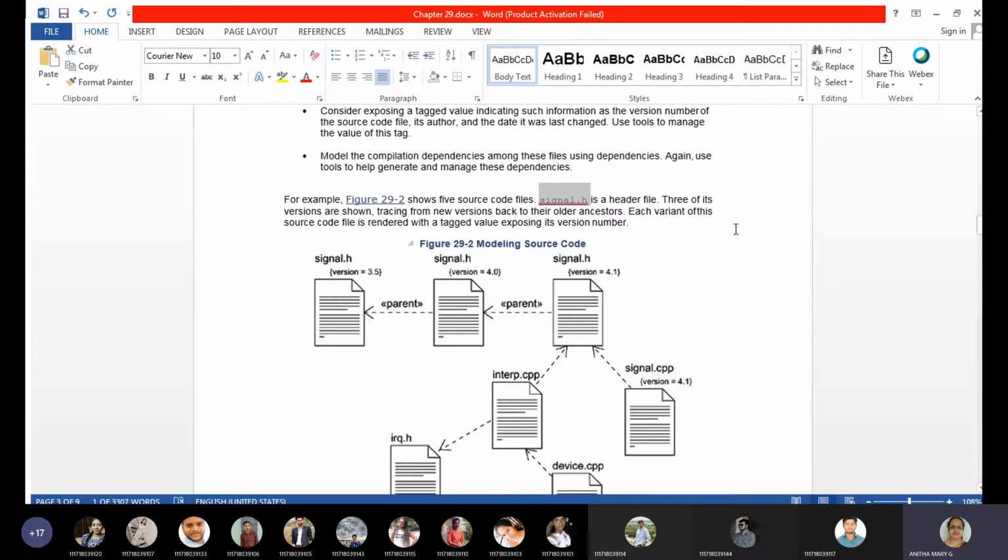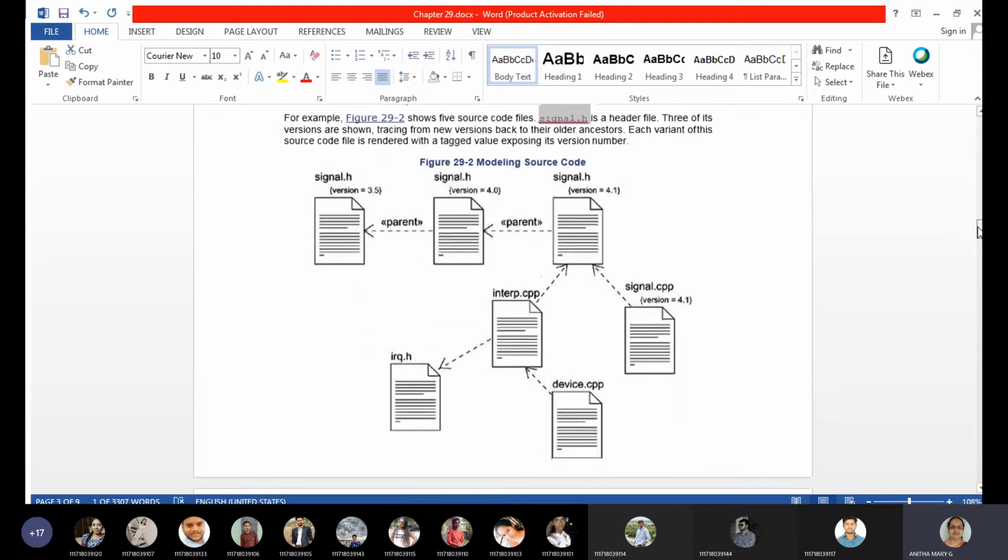Okay, so here the example of signal.h we are talking about, which we call a header file, and three of its versions are shown here, tracing from the new version back to their older ancestors. And each variant of this source code file is rendered with the tagged value exposing the version and the details.